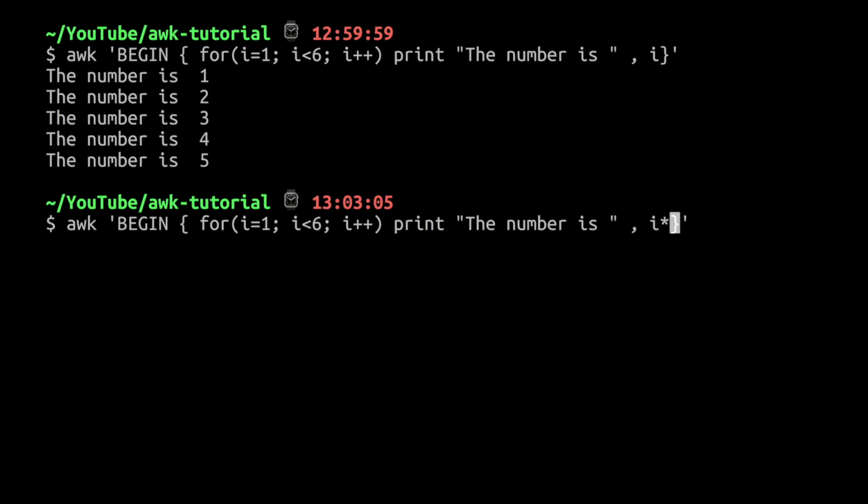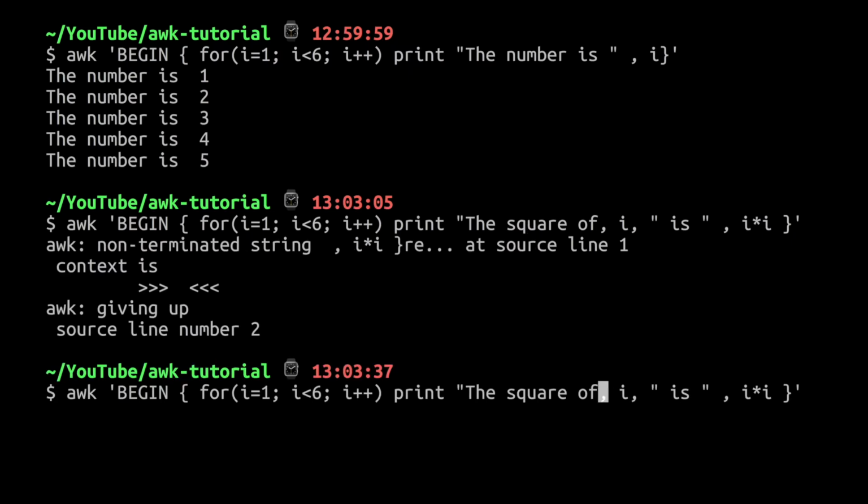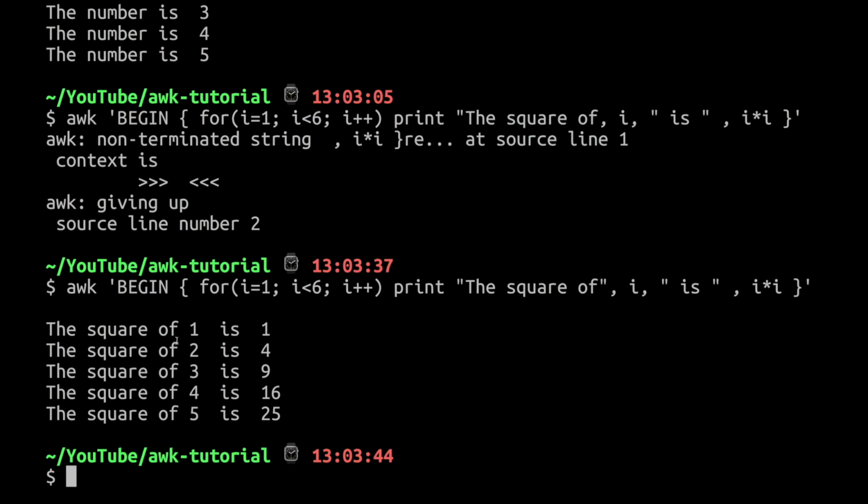Let's say I need to print the squares. I just do a multiplication over here, and I can change the statement to the square of i is this one. If I enter, I missed a quote here. If I enter now, you can see the square of 1 is 1, 2 is 4, 3 is 9, 4 is 16, 5 is 25. In this way, you can have different logic under your for loops, but a for loop is similar to any other programming language you can use for your operations. So yeah, that's about the for loop.